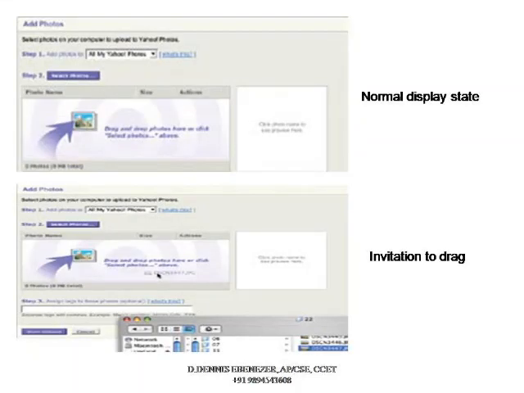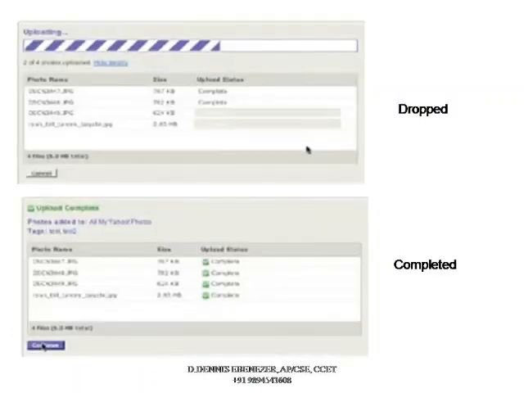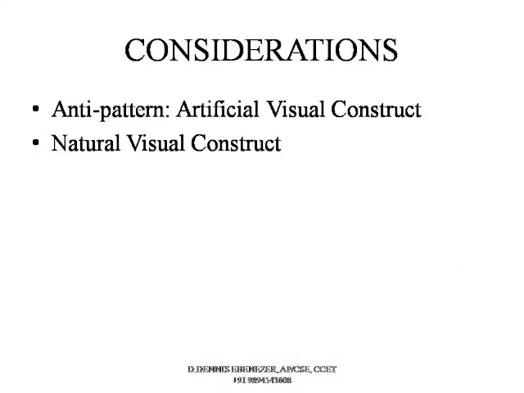As we can see in the example, it also has the four states: normal display state, invitation to drag, drag and drop, and complete. The difference from the other method is that here, when you drag and drop an item, it is added into a new folder or a new place, and the processing is very much visible. After adding an object into the file or the folder, the finalized dropped data is provided as the set of data objects that is available inside the folder or the file.